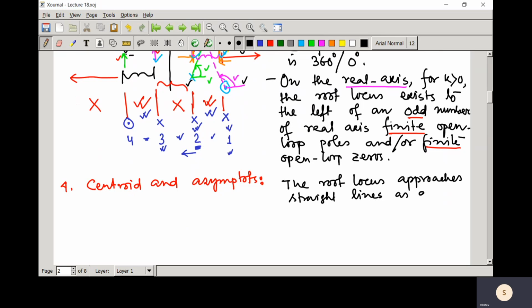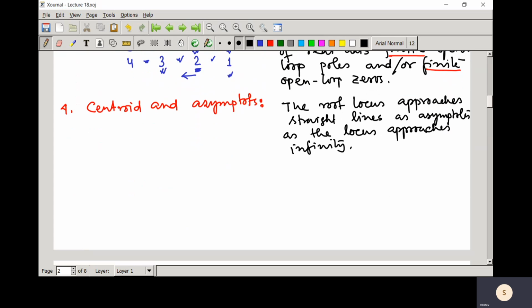As asymptotes, as the locus approaches infinity. So when that root locus approaches infinity, whenever that open loop plant has some zeros at infinity. So that means here, if we just consider that this is the real axis and this is the imaginary axis,